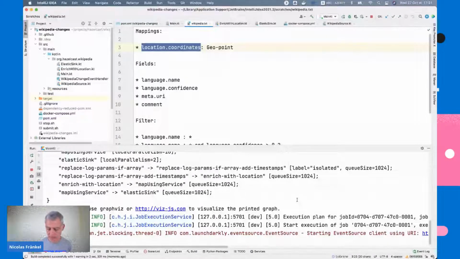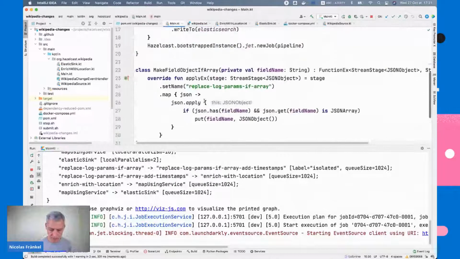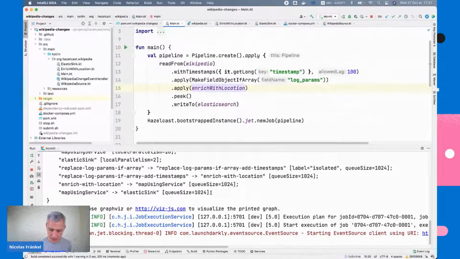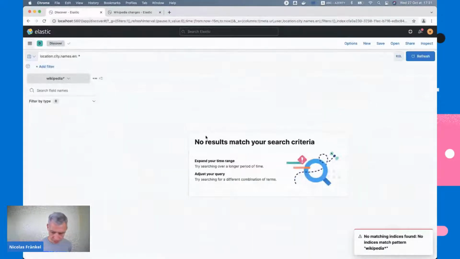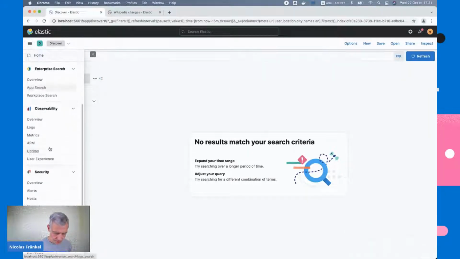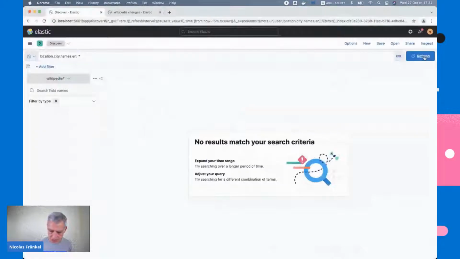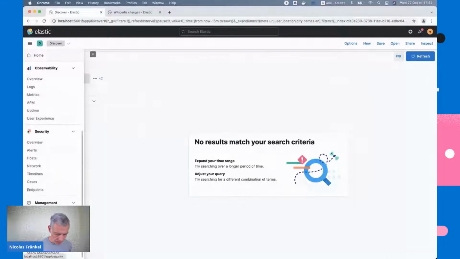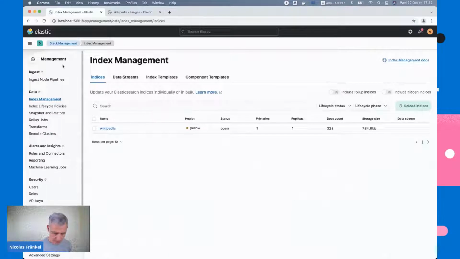And it could be cool if it started. Please start. It should peak, so I don't know why it doesn't work. Let's see. Discover. Okay. Finally. Refresh. No, because I didn't create. No, it's here. Okay.